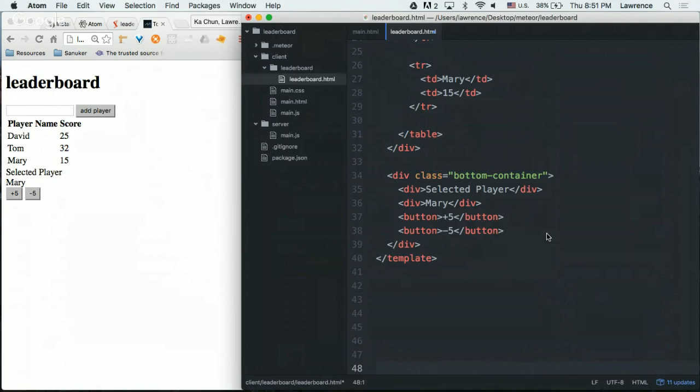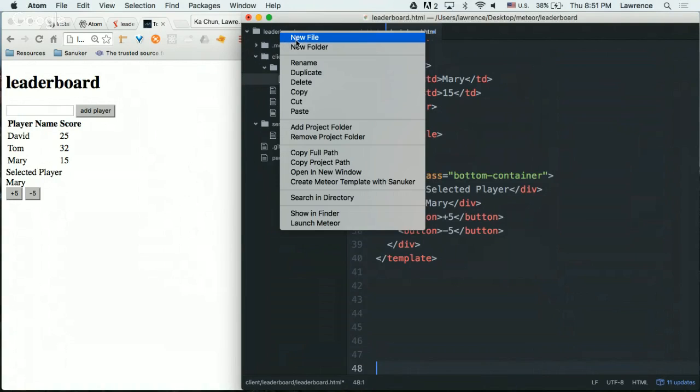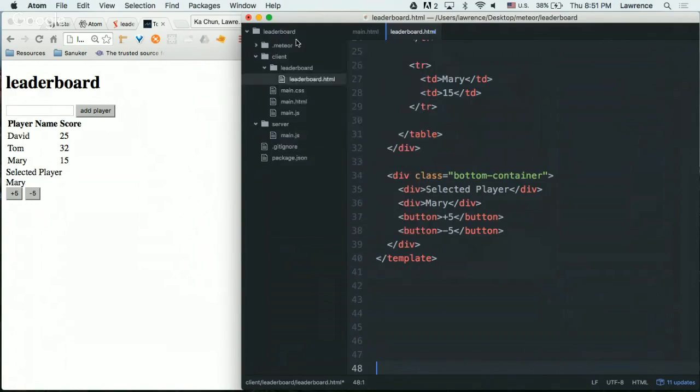Okay. If everyone is almost done, that's fine, because this is actually most of the HTML we're going to do. So next part, we're going to touch on something more about databases. So be attentive, because we're going to do one line to create a database. Okay, so now, going back to your file tree, on your leaderboard folder, just the top root folder, right click and then create a new file. Just create a new file is fine.